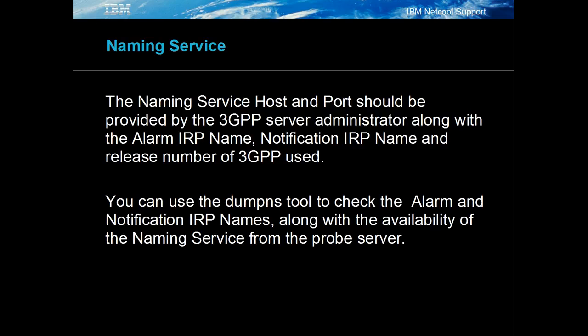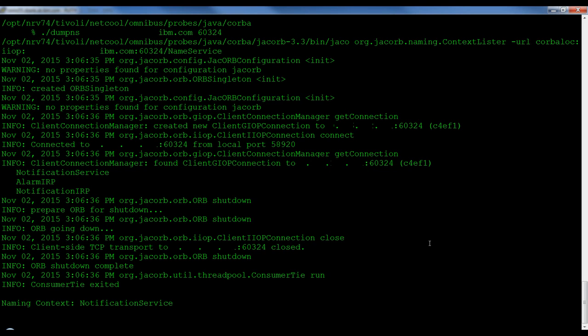When the naming service is available, the dump ns tool can be used to list the available Corba objects. The dump ns tool takes the naming service hostname or IP address and port as its arguments. Available Corba objects are listed if it successfully connects to the naming service using the same Corba framework software as